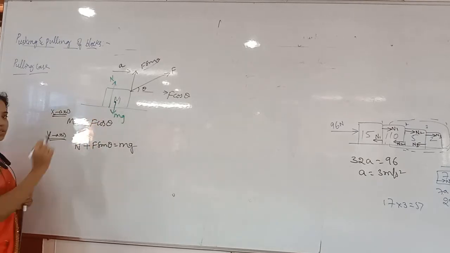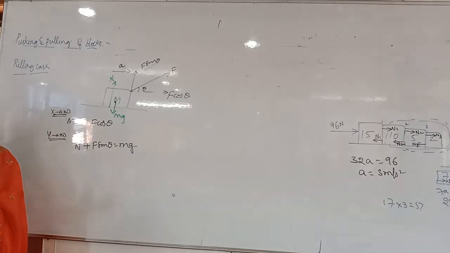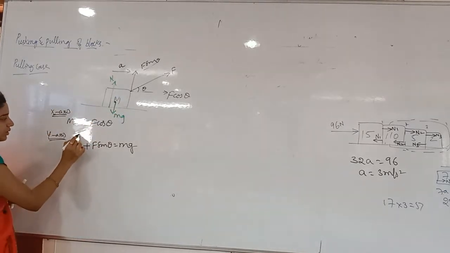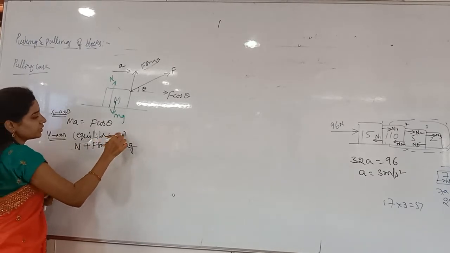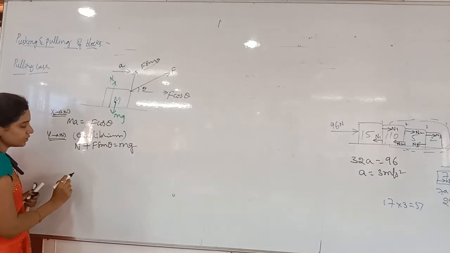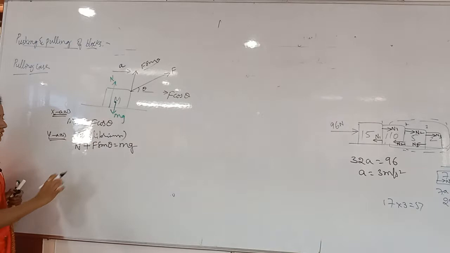And there is contact with the surface, so which force will be there? Normal reaction. And of course the weight of the body will act in the downward direction. Now you have to write that all upward forces equal downward forces because the body is in equilibrium in the vertical direction, equilibrium along the y-axis. Because it is not moving along the y-axis. That is the meaning of equilibrium. Now here N plus F sin theta is equal to mg. Then here, is the weight of the body increasing or decreasing? Tell me.